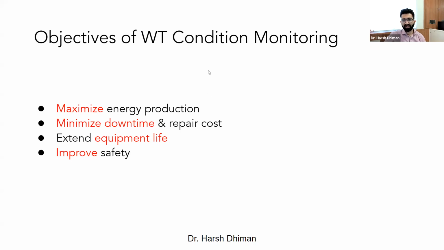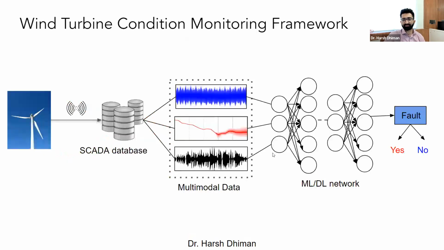You're looking forward to minimizing your downtime and repair cost. Yes, again, a very major objective of turbine condition monitoring is to minimize downtime, extend equipment life, and improve safety. Safety and reliability of your turbine is something that governs the entire operation. If your turbine is susceptible to failures and incipient faults, then the grid becomes unreliable. So people won't be relying on a certain resource of energy if it is not safe and reliable. So condition monitoring also aims to improve the safety of your turbine overall.